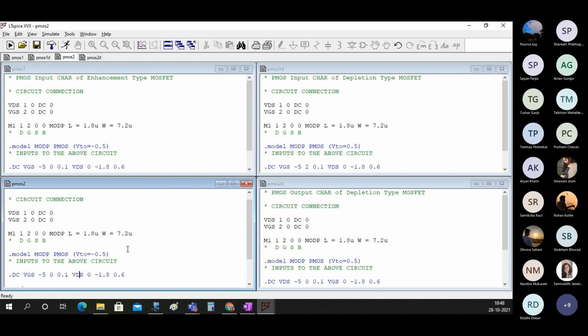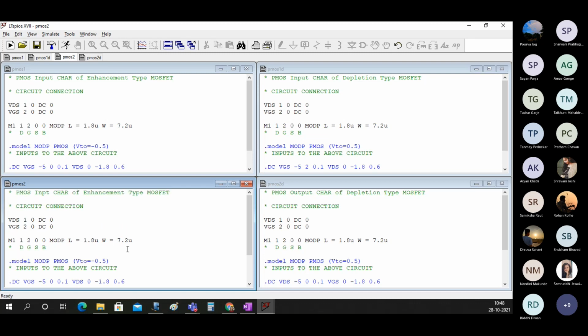So all the codes are there in front of you. You can note it down, simulate, and show me the output. Put the outputs in the chat box.